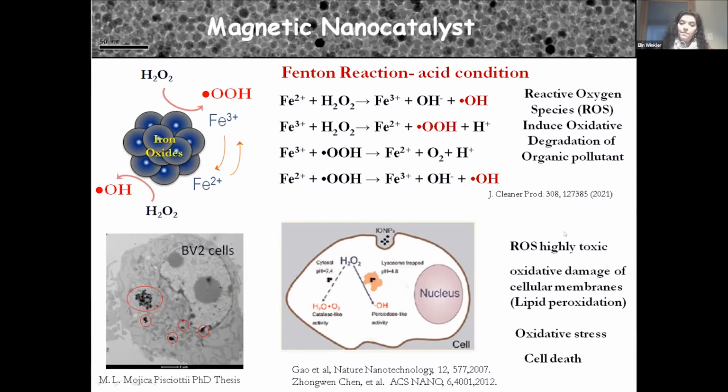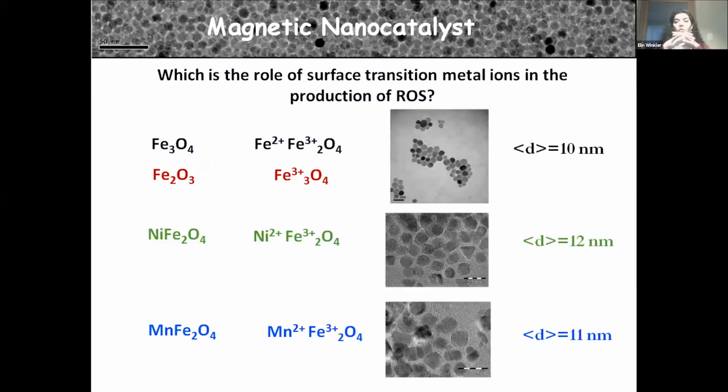So this is the mechanism that we are looking for to potentiate the hyperthermia. As the free radicals are catalyzed on the surface of the nanoparticle, we can produce more free radicals. So we wonder what the role of the iron, of the metal iron, is in the production of reactive oxygen species. And to answer that, we fabricated several new magnetite nanoparticles of more or less 10 nanometers,